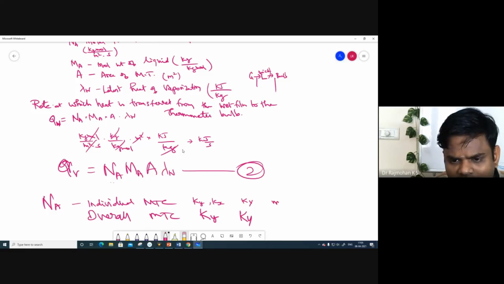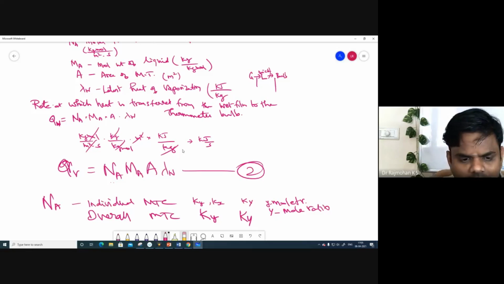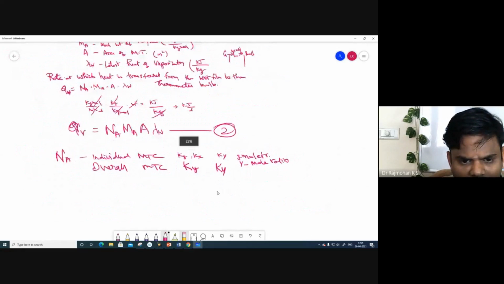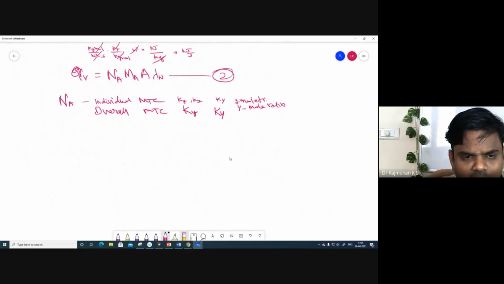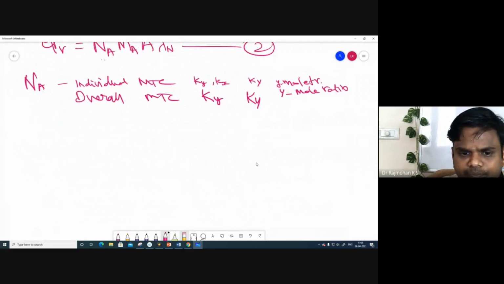Small y is mole fraction, capital Y is mole ratio. So anyway, we can write the flux equation in terms of any of the driving forces, either in terms of small k, small y, or capital Y. If I write it in terms of the individual mass transfer coefficient, small ky,